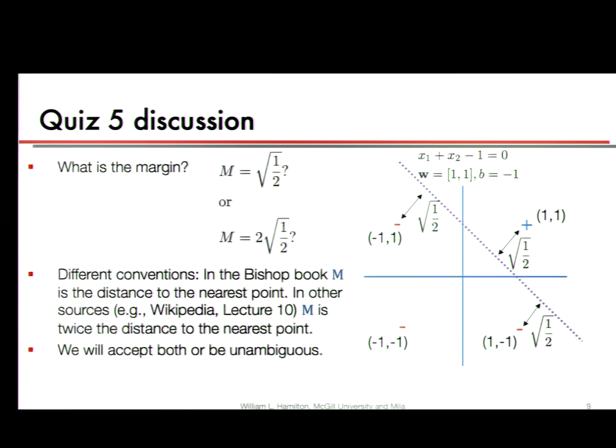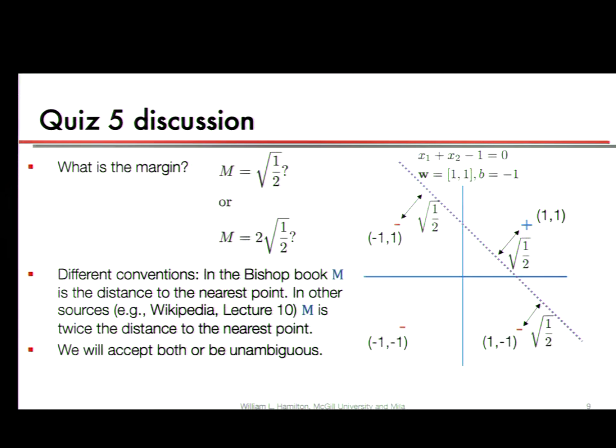But then there's a minor ambiguity that comes up: what is the size of the margin here? We said that each of these points is a distance of 1 over square root of 2 from this line. So is the margin equal to just this distance or 2 times this distance? In lecture, we said 2 times this distance, and also in some of our diagrams we had 2 times the distance, but we also sometimes just called the margin the distance between the nearest point and the